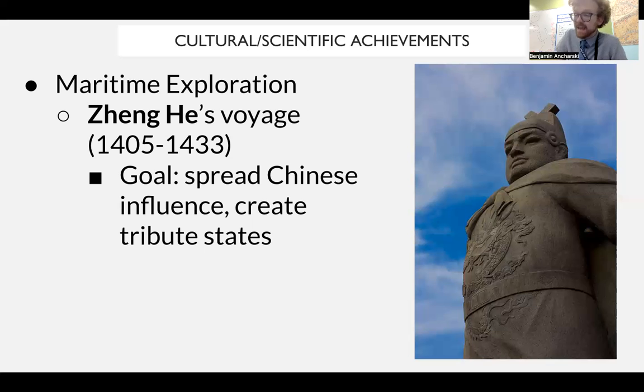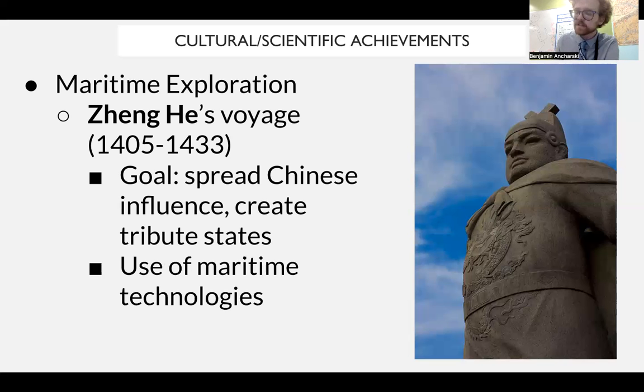These gunboats have cannons, and basically, there is going to be this goal to create states that give stuff to the Ming Dynasty. So the creation of tribute states is a goal of Zheng He's explorations. But the Zheng He exploration is kind of an example of that intellectual impact of networks of exchange. For one thing, he's exploring and documenting what he sees, but he's also